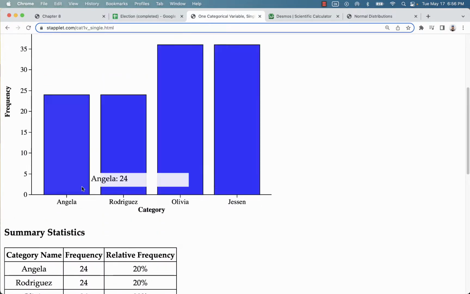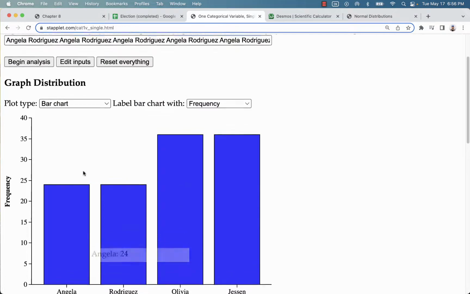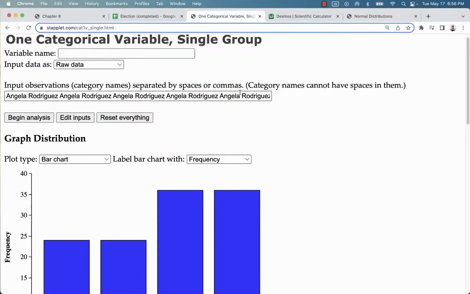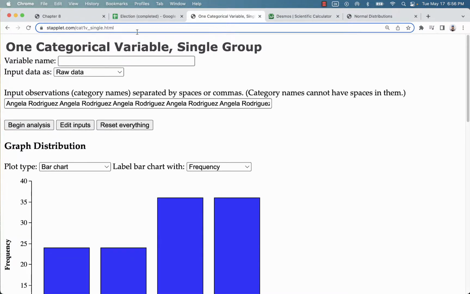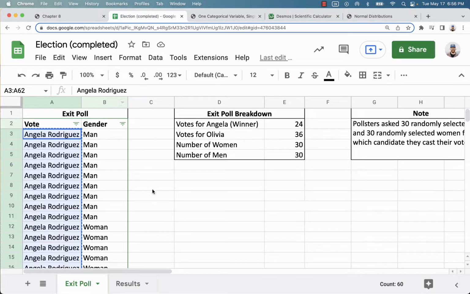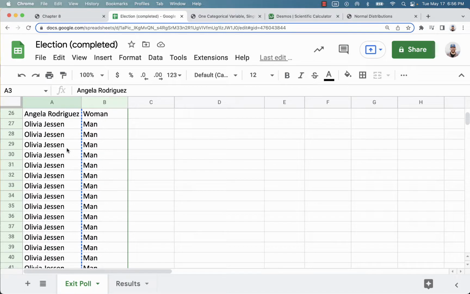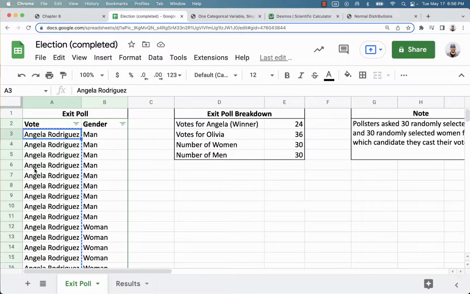So one issue with these is that I have a space in my data, and this is going to cause problems for me because it's looking at a space as a separating value between data. One way to get around that is to save it as a CSV file, and then we'll put commas between them. We could also use different tactics to get this information out of here. For example, one tactic that I use